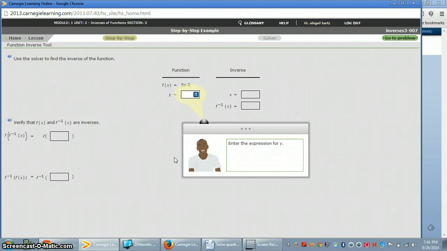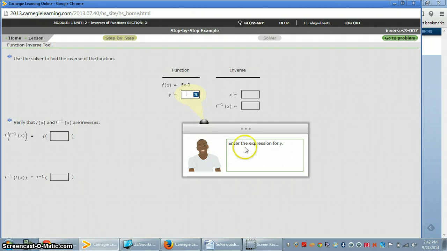Hi, this is just a brief video on how to go through Unit 2, Section 3 of the Cognitive Tutor online program for Algebra 2. So it says, use the solver to find the inverse of a function. And if you read through the lesson, the inverse of the function is sort of the opposite, or switching x